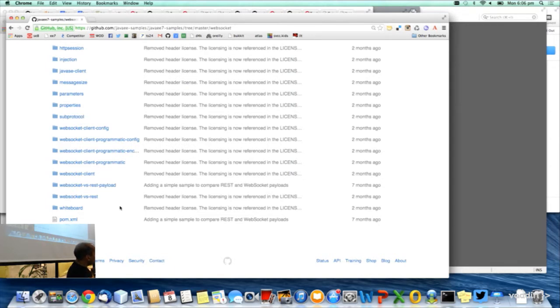WebSocket says, hey, by the way, we're going to take an existing HTTP connection. We can upgrade it to WebSocket. It's standard HTTP terminology. We can upgrade to WebSocket. And once upgraded, it's a very lean protocol, in the sense that there are literally 2 bytes of overhead for any